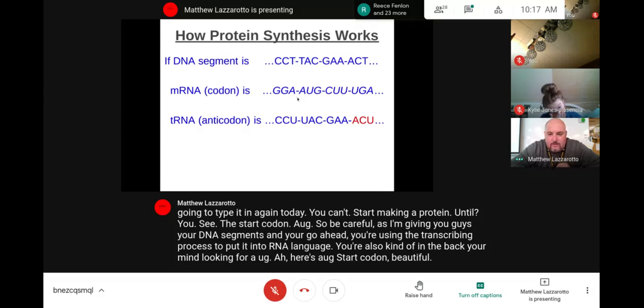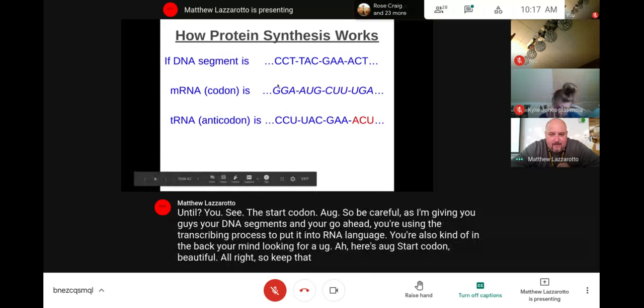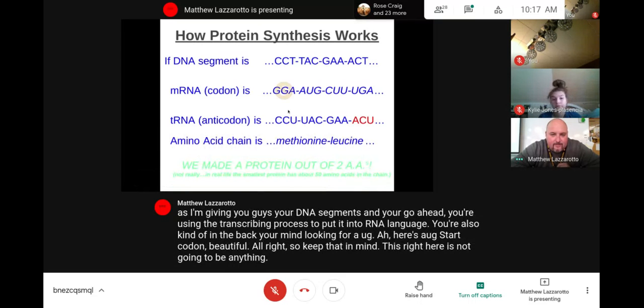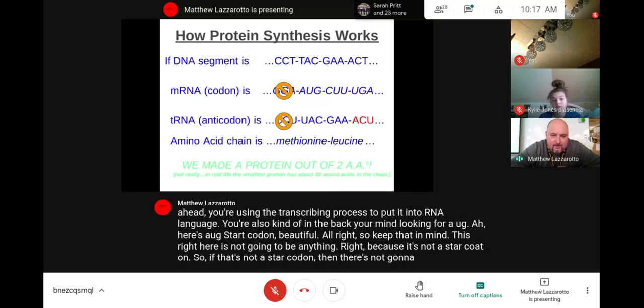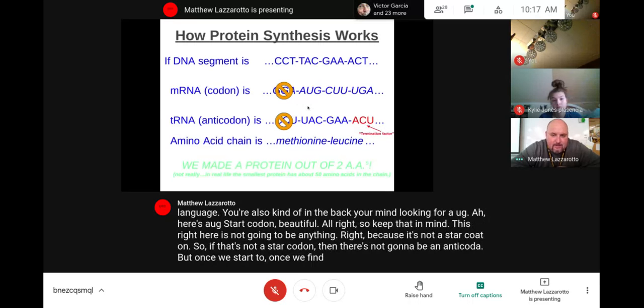All right. So keep that in mind. This right here is not going to be anything, right? Because it's not a start codon. So if that's not a start codon, then there's not going to be an anticodon. But once we find AUG, then we can start building our protein,